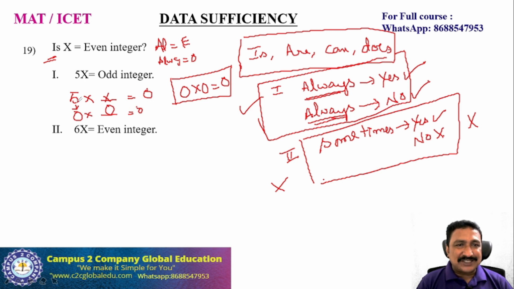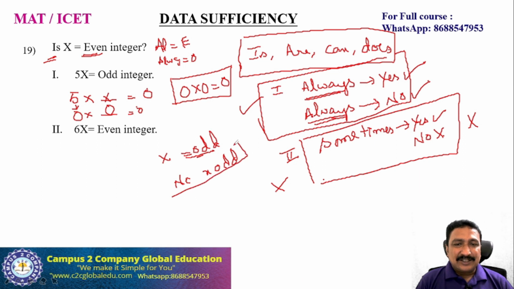So according to the first statement, we are saying that x is odd, always. Whenever you take this statement anywhere, everybody solves it and says x is odd. But the question they are asking is whether x is even or odd. We are saying no, x is odd. It means you are saying